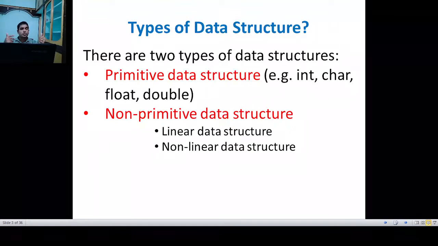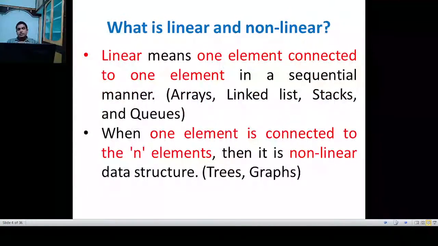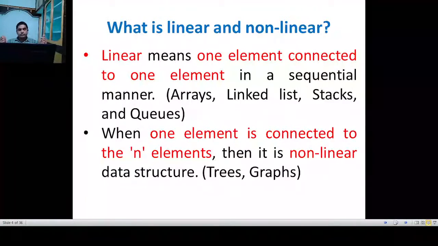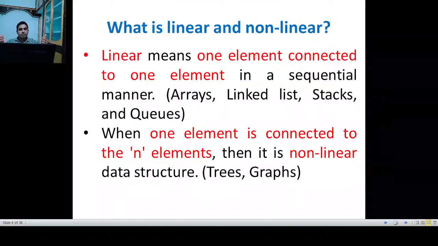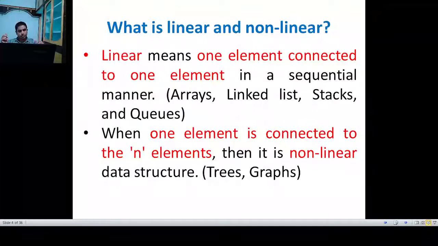That's why these are the two different categories of non-primitive data structure. Linear means one element connected to one element in a sequential manner. Examples are arrays, linked lists, stacks, queues. And when one element is connected to n number of elements, in that case, you can call it a non-linear data structure. Trees and graphs are examples of non-linear data structure.